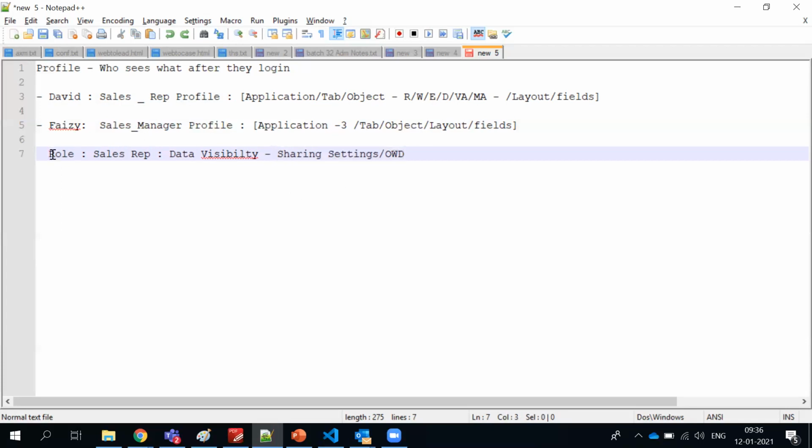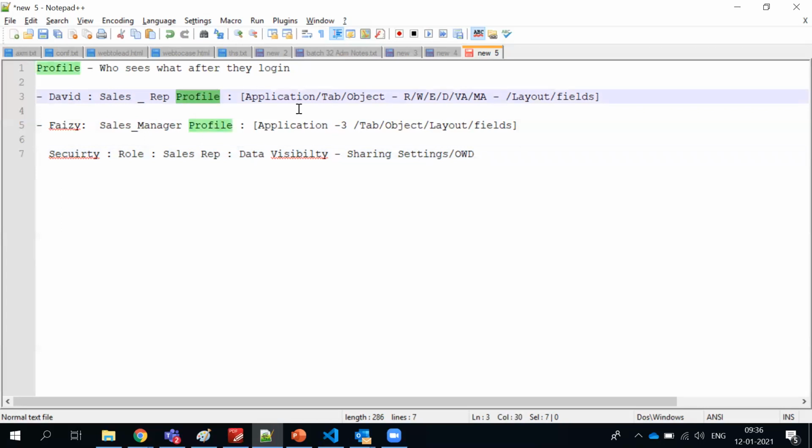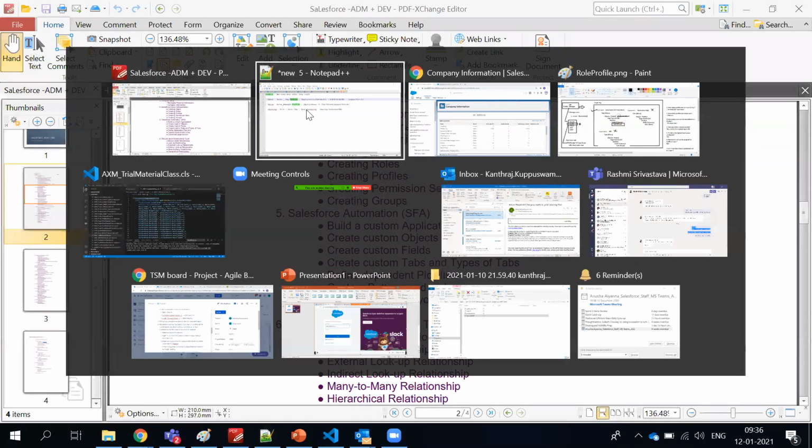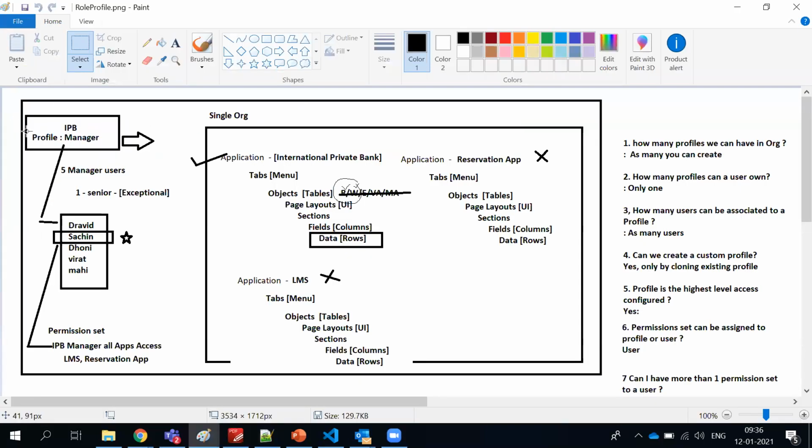So this will come. We have a security, another chapter we call security. At that time we'll talk about this. But understand a profile is what we see here. So now let's show you a diagram. Now you will get to know. So let's say